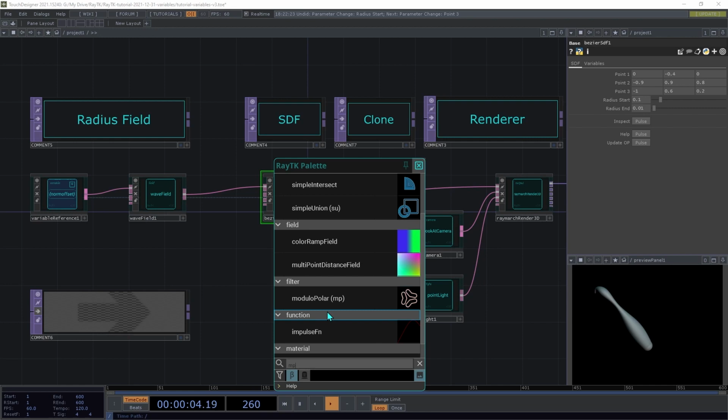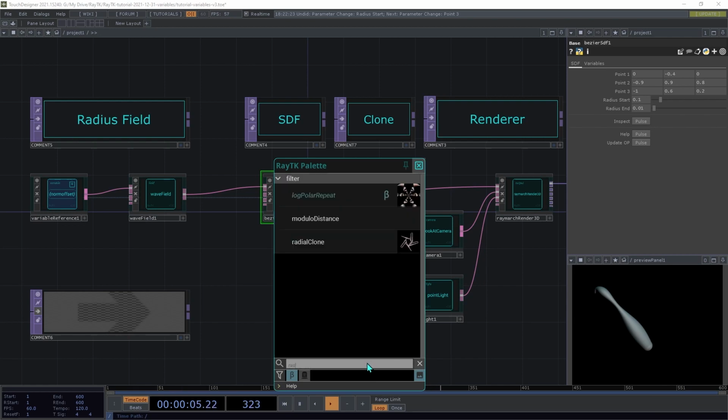But it has some limitations. It has a hard cutoff at the positions where it slices the angle. So you can't have the different copies overlapping each other, which we want to use in this case. Instead, we're going to use a radial clone,